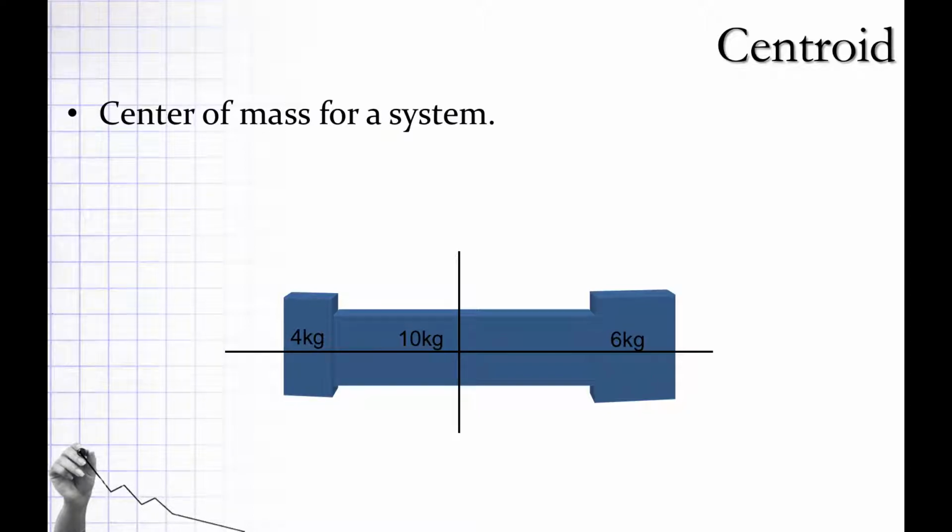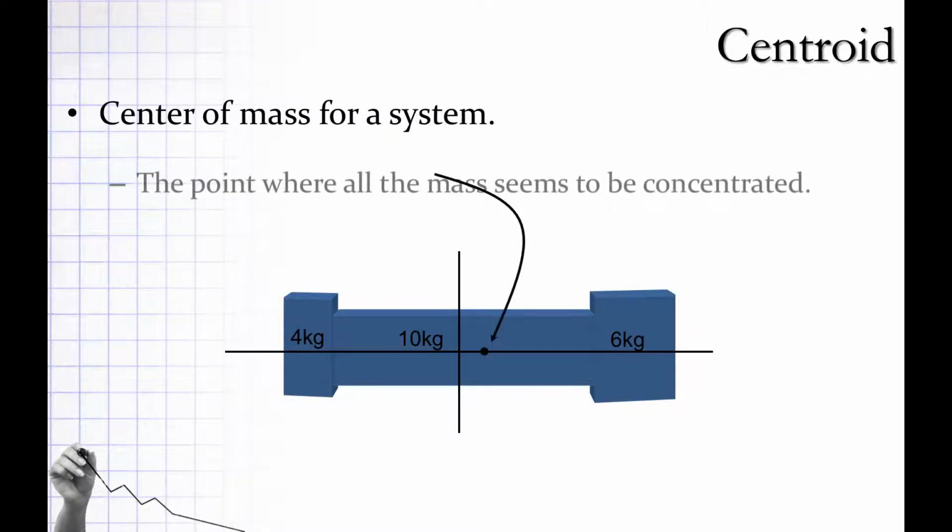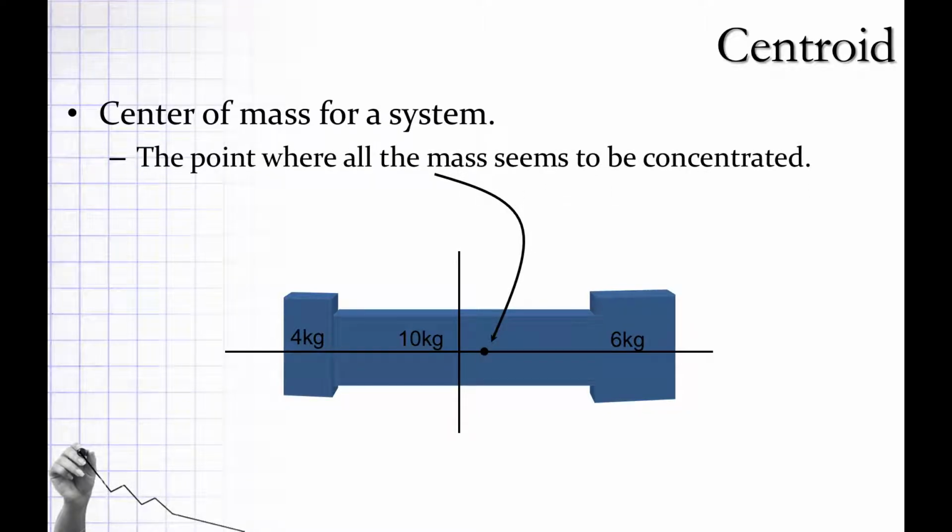So, the center of mass for a system. Who could describe it to me? Okay, so I'm pretty sure it's where the mass all around it is pretty much even. Yeah, so it's basically where the mass would be concentrated, where we could balance. If I put this object on a pencil, it would balance at the center of mass, right?